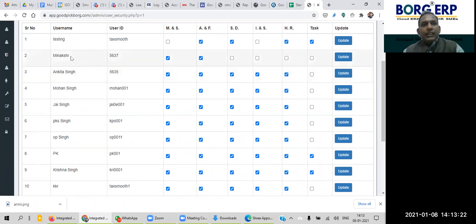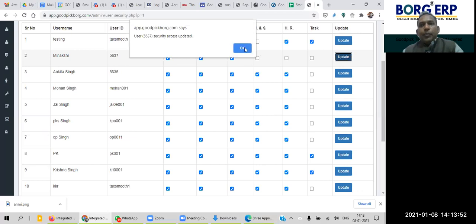For example, in this case, Meenakshi is there. I want to provide the access of the service desk module to Meenakshi, so I'll click on that. If I want to disable the access of the service desk module for Meenakshi, I'll have to uncheck. And if I make any modification, either checking or unchecking, I'll have to click on update.